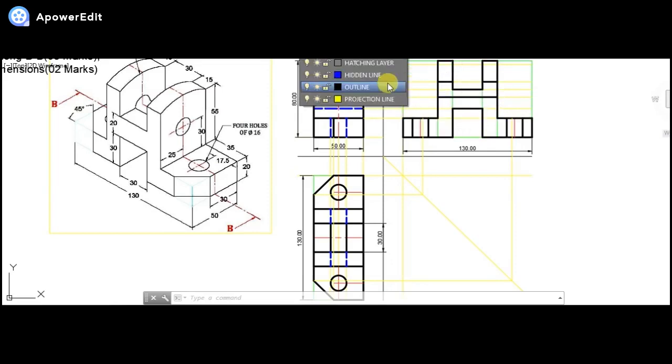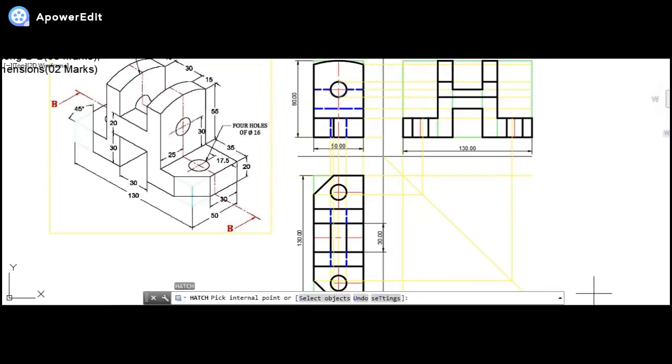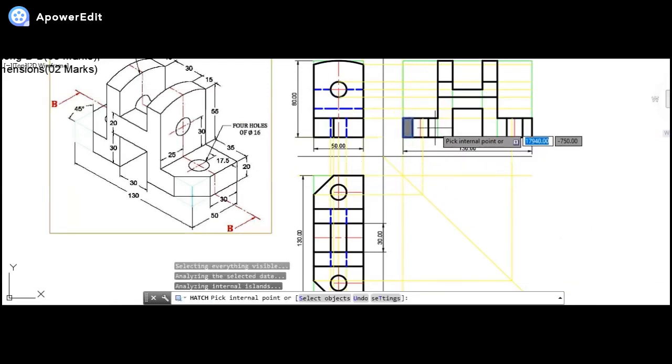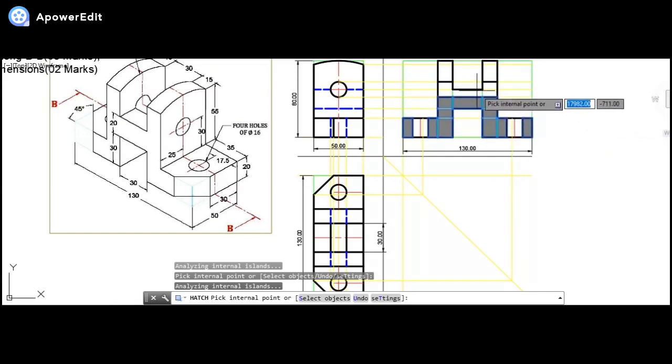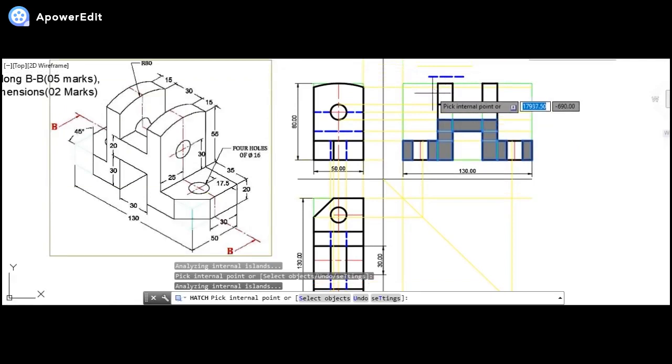Now I will simply hatch out the parts. So now I'll be simply hatching out the areas which are going to be hatched one by one. So this is the first one, this is the second one, this one, this one, this one, this one, even over here. Everything which is going to come in contact with that cutting plane is definitely going to get hatched. Okay, so since I see it over here, definitely these are going to get hatched.